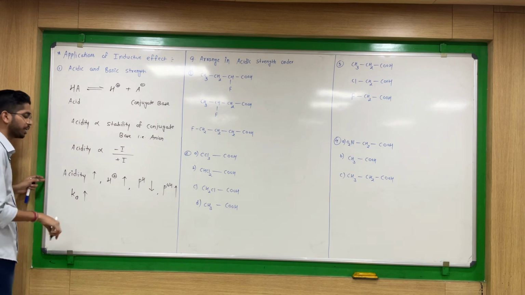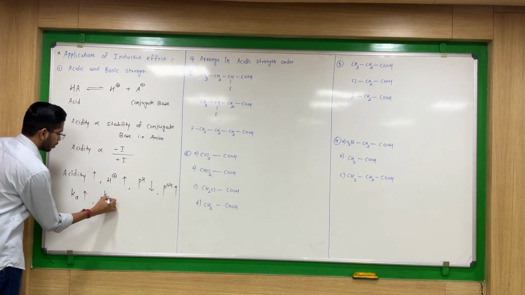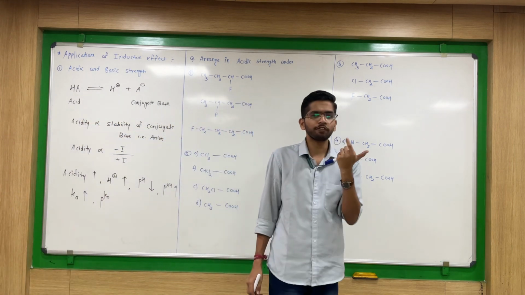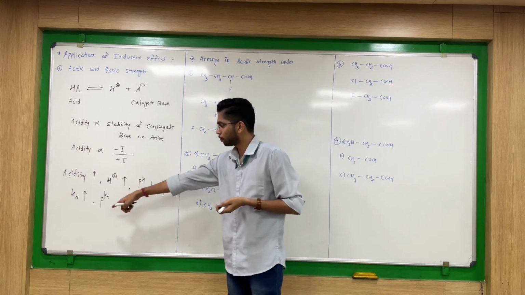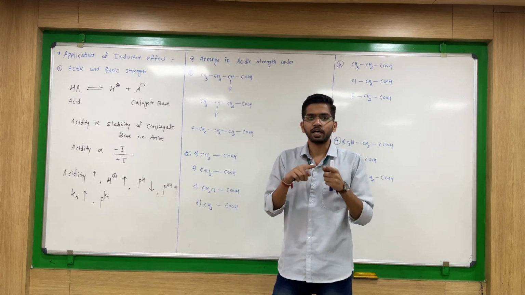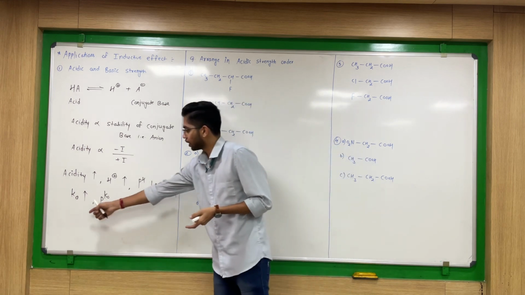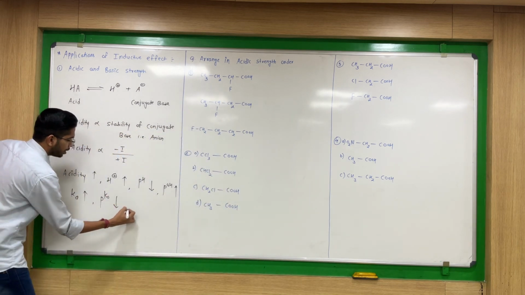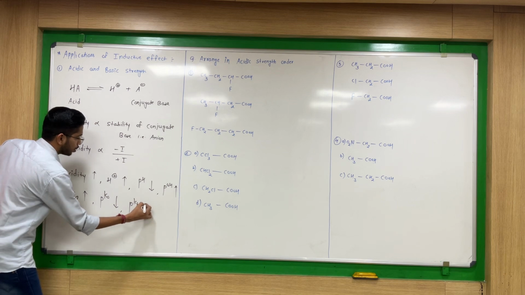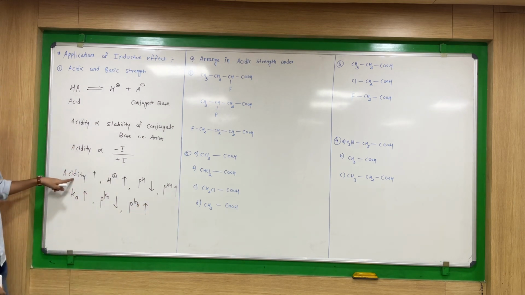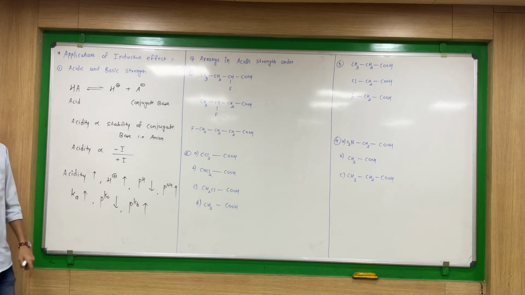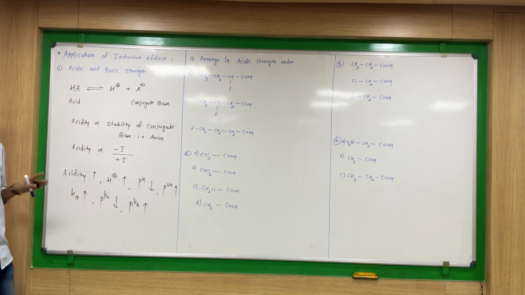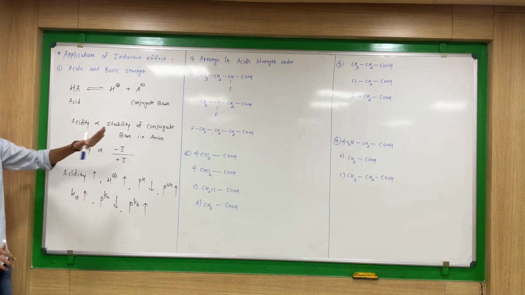If the Ka value increases, the pKa value decreases. What is the relation between pH and H plus concentration? pH equals minus log of H plus. In the same way, pK equals minus log of K, and since the negative is there, they have an inverse relation. If K increases, pK decreases. If pK decreases, what will happen to the pKb? pKb will increase. So you can get a question in any form: they can ask to compare acidity, H plus ions, pH, pOH, Ka values, pK values or pKb values. From this we can solve these questions.